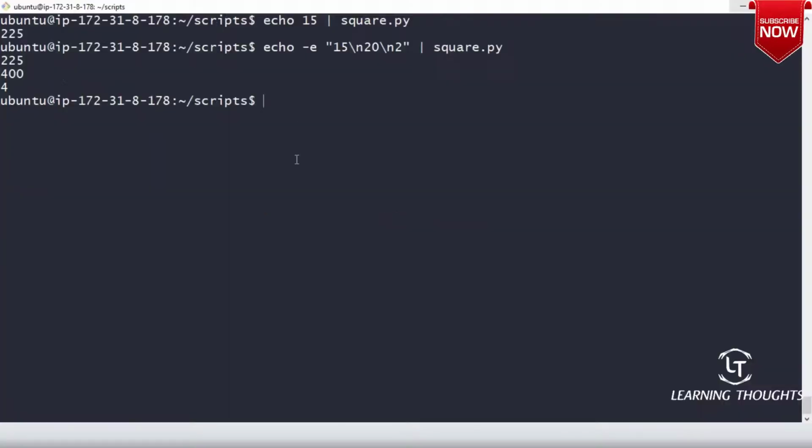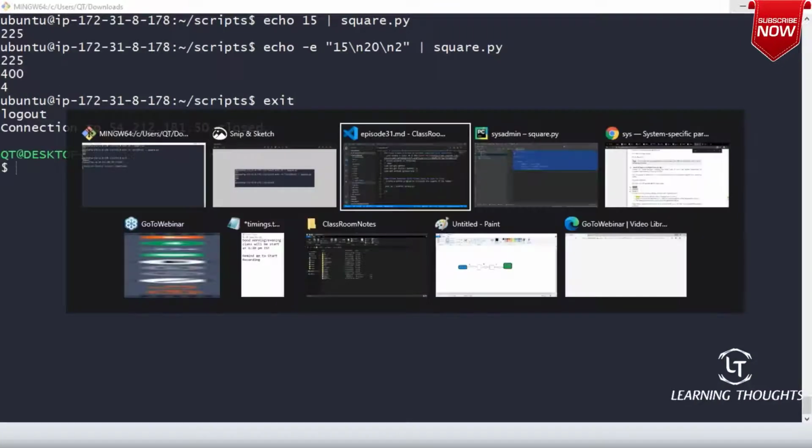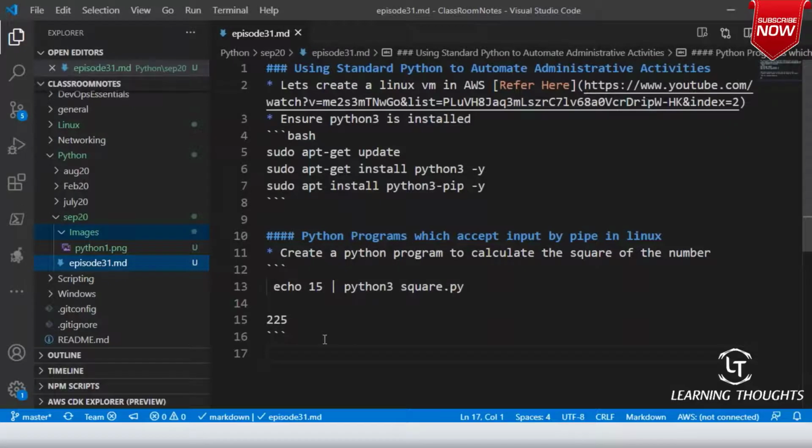Now let me exit out of the system. Input by pipe is another form of redirection.